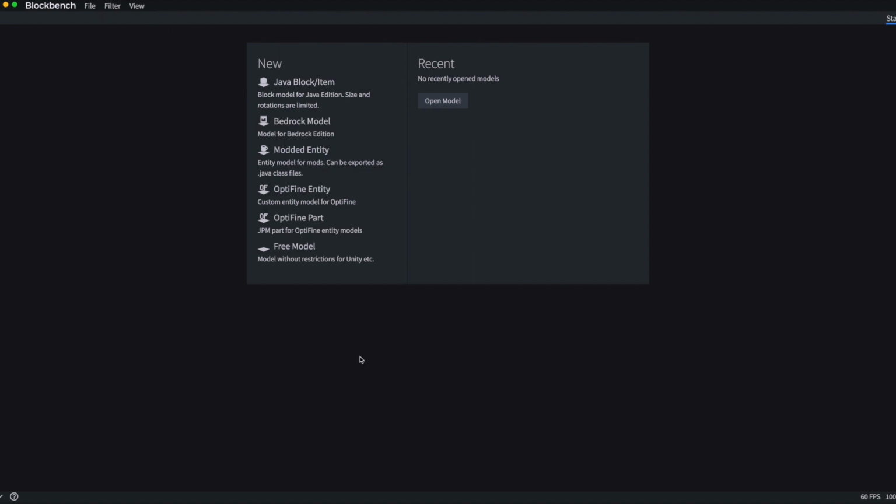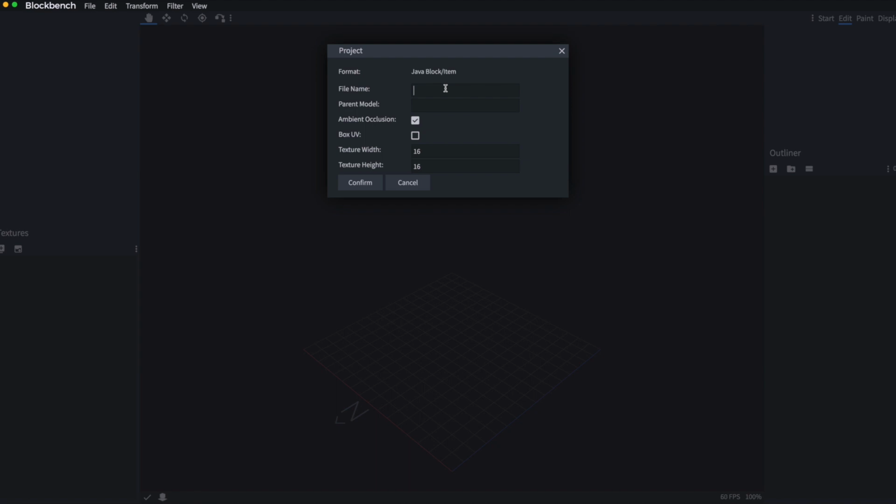Okay, so in Blockbench, to start off with a block or item, we're doing the block. You will want to pick the Java block/item. Don't choose the Bedrock model or the modded entity or the Optifine entity or the Optifine part or free model. Choose the Java block/item. You want to give it a name. So let's give this, since this is a door,